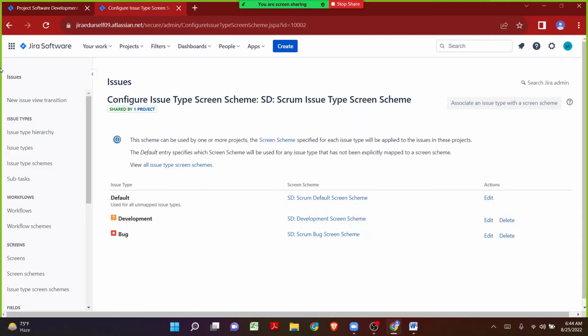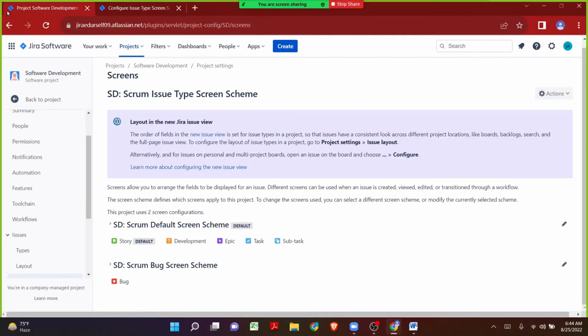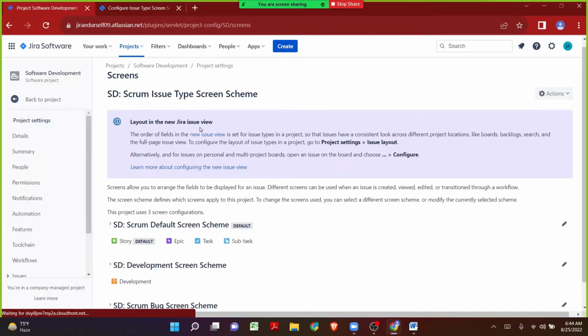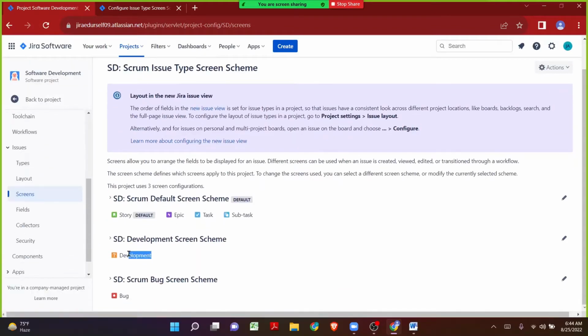So quickly I want to navigate back to the software development project settings and onto the screens page. Let me do a quick page refresh so that I will be able to see the new screen scheme, as well as the development issue type mapping to that new screen scheme. Alright, as we can see, currently the development issue type is mapped to a new screen scheme, and if we